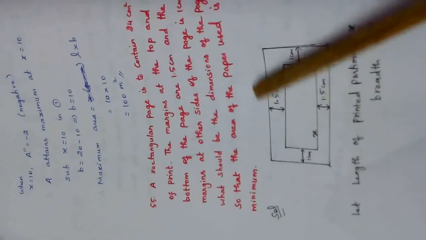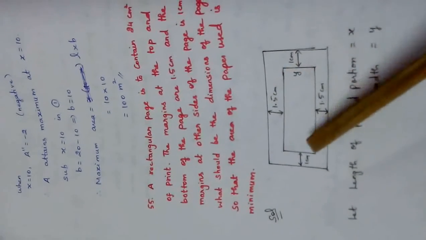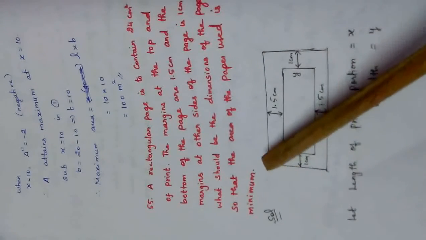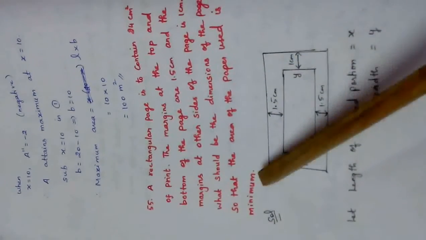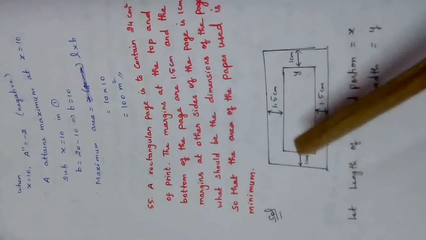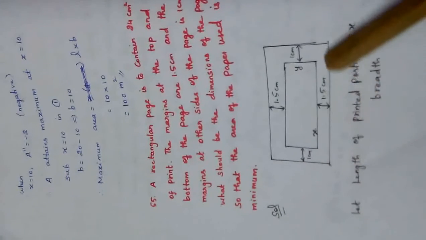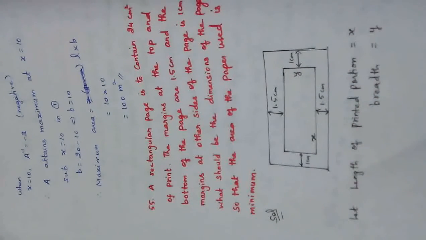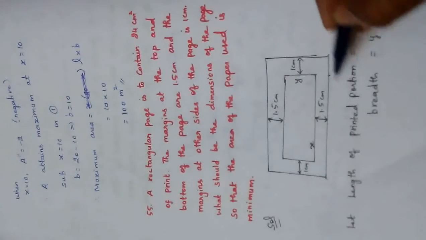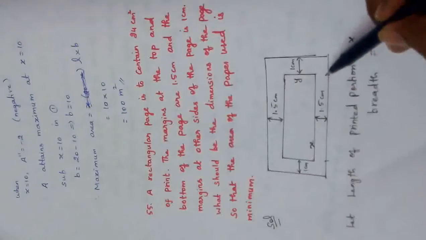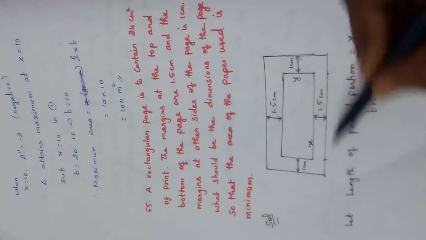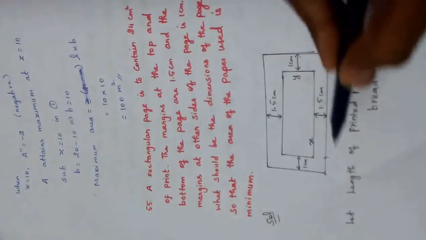Now, I am going to ask you one more question. What will be the length of this paper? This means printed area. This fully means it is the paper. Are you able to understand? What is the length of the paper? This one, right? What is the length of this? Shall I say this is x? This is 1, this is 1. So this length will be x plus 2. Are you able to understand how it is? Because if I take a point from here to here, the distance will be x, and here it is 1, here it is 1. So x plus 2 is nothing but the length of the paper.